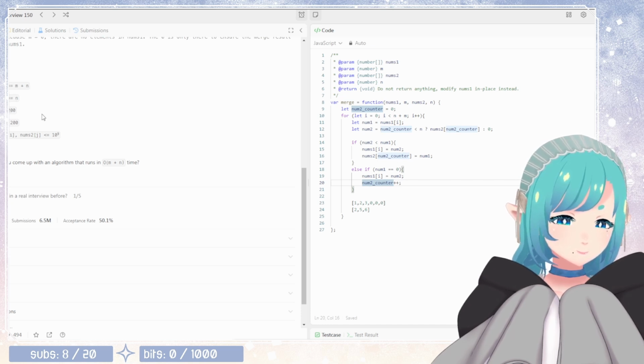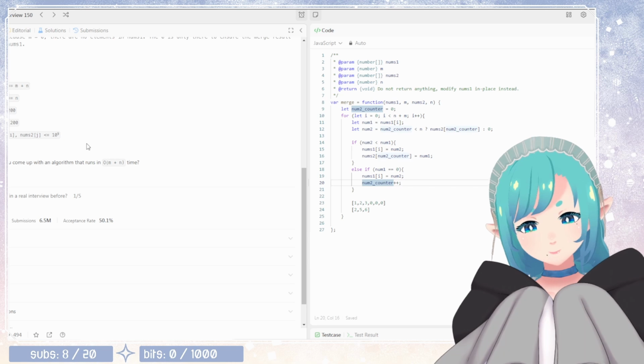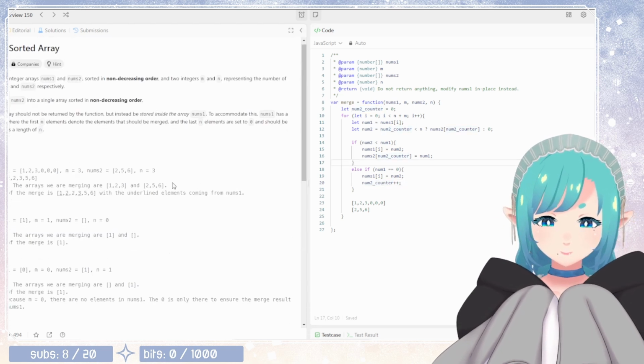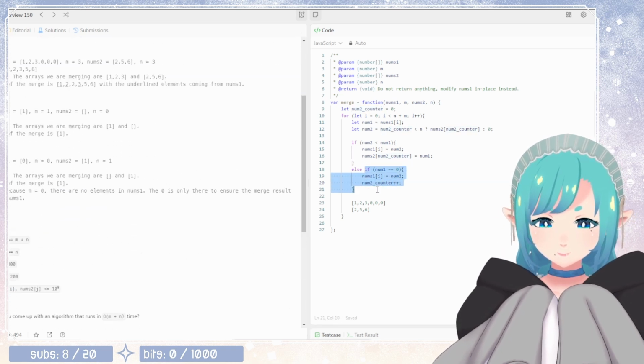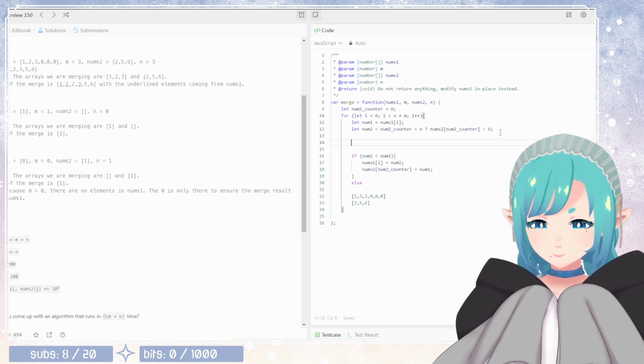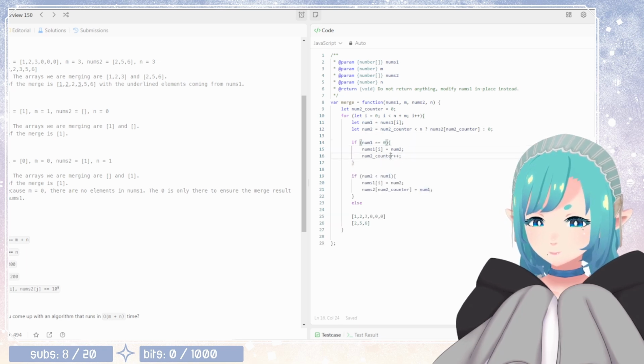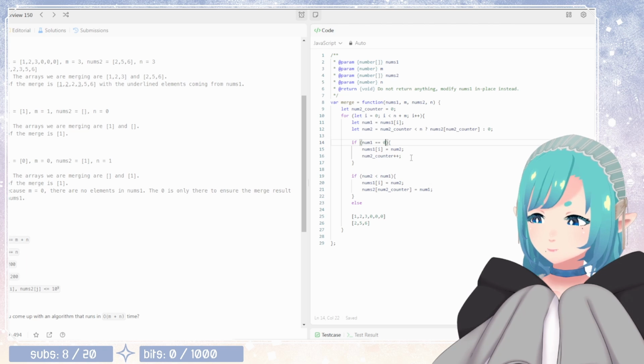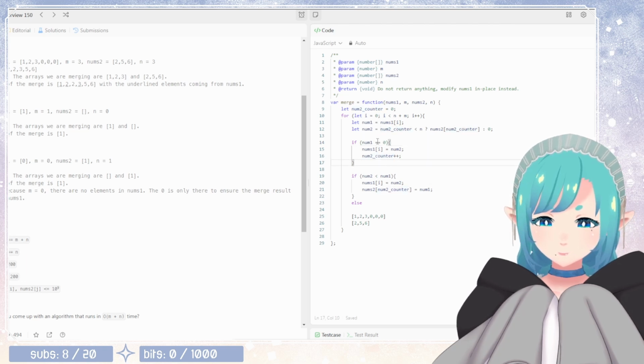Okay, it's between 0 and n. Oh, we can deal with negative numbers. Okay. So if the number is that,